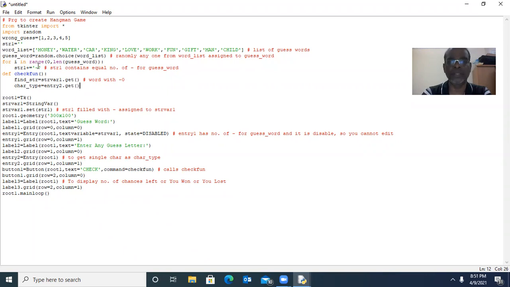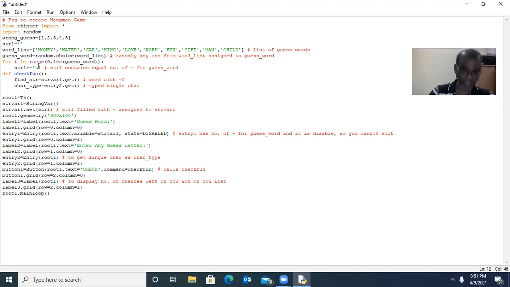For example, if I press randomly alphabet C in entry 2, that alphabet C will be stored into char type. Good. Here we can have one comment: typed character, type single character. Now hyphens are stored in find str. Whatever character you typed in entry 2 will be stored into char type.